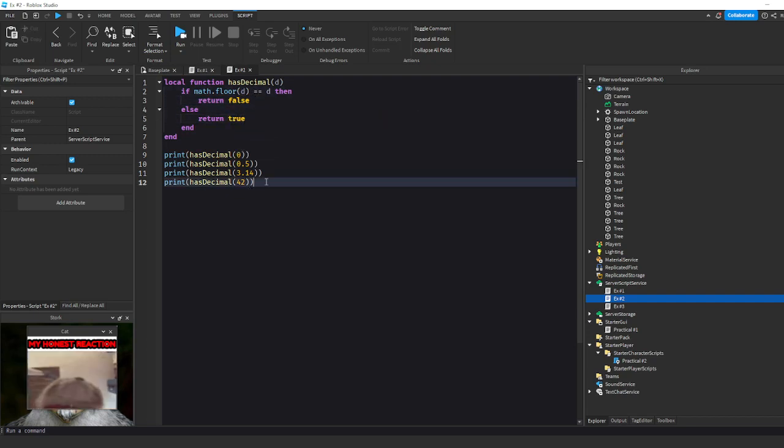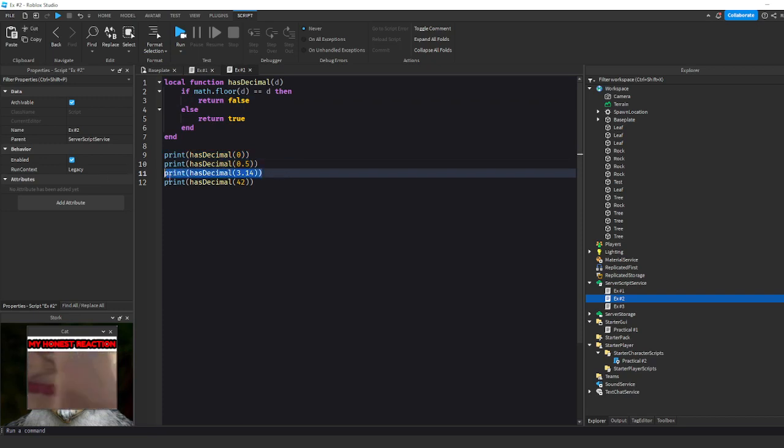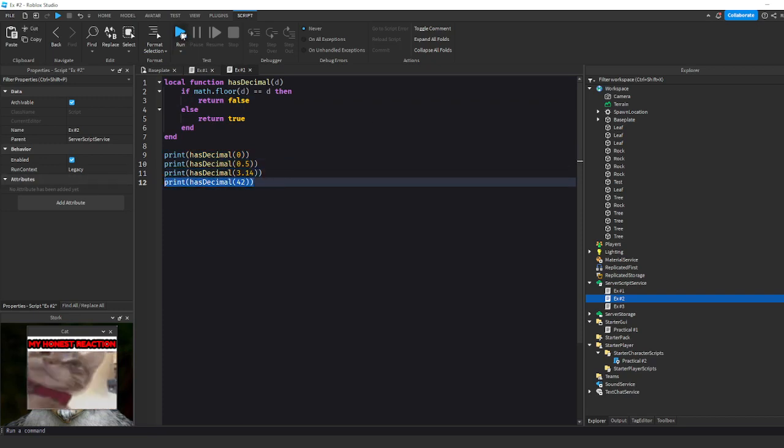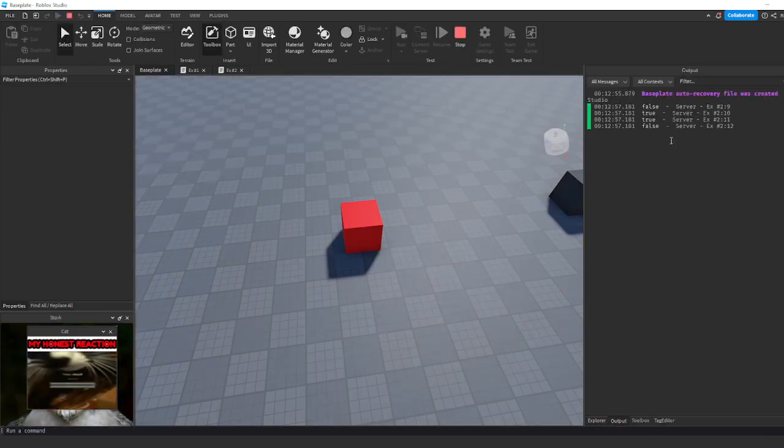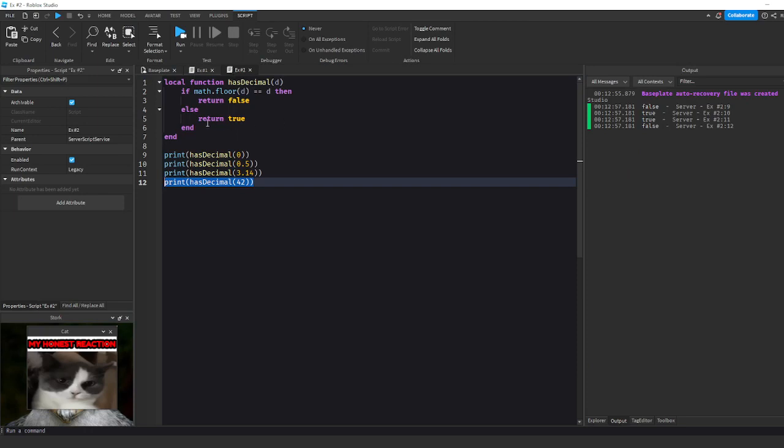Okay, so let's just say we have this function. If it has a decimal, it will output true. If it doesn't, it'll output false. And then we have these print statements to check if it actually works. So let's run that. So it should output false, true, true, false. Awesome. So we see something so simple already covers around 7 lines,